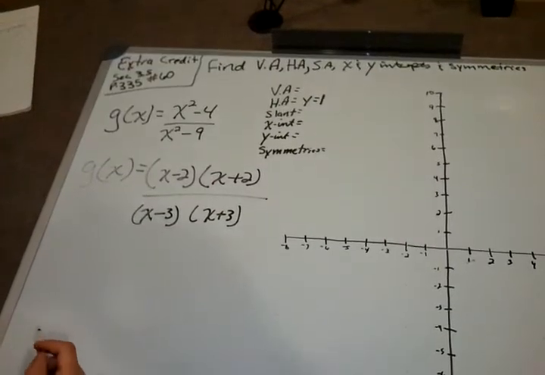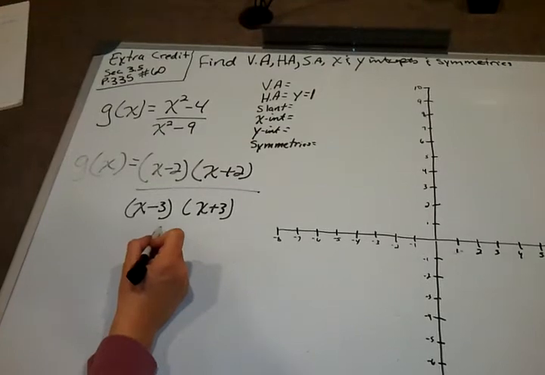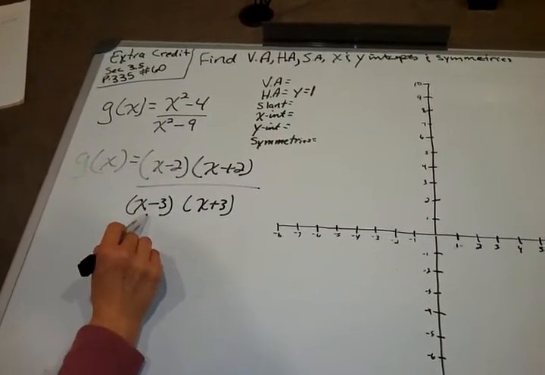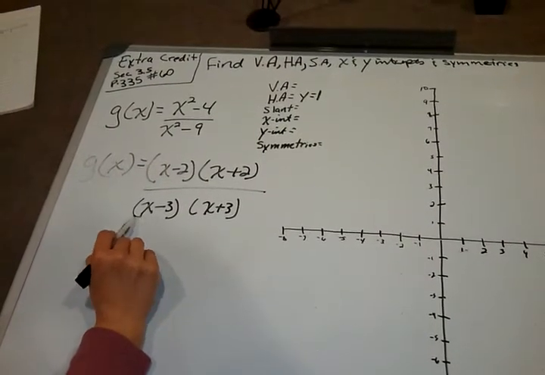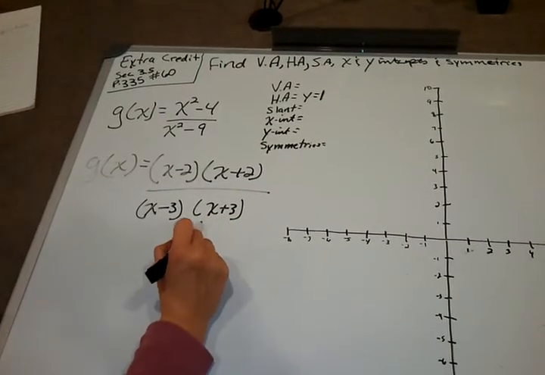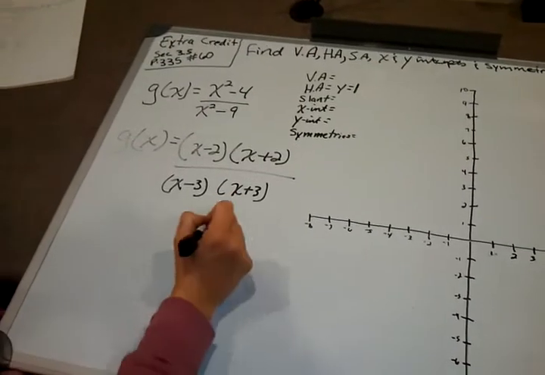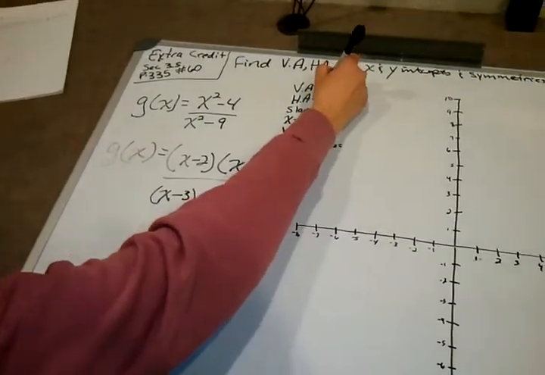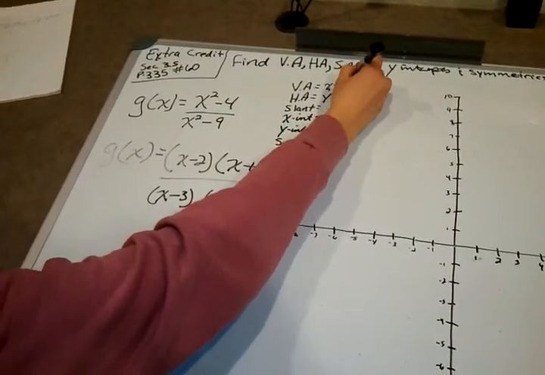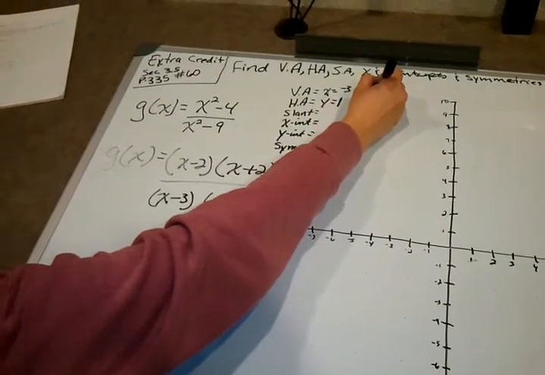For the vertical asymptotes, we look for things that will make the denominator 0, and that would be, since we have a negative 3 here, if we put a positive 3, that would make the entire thing 0, and same here, if we put in a negative 3, that would equal 0, and it would make the denominator 0. So our vertical asymptotes are x equals negative 3 and x equals positive